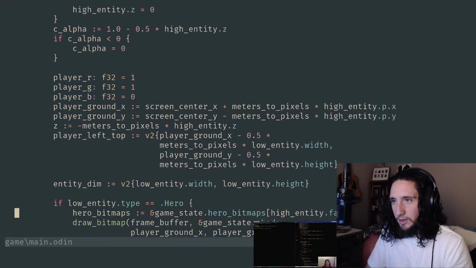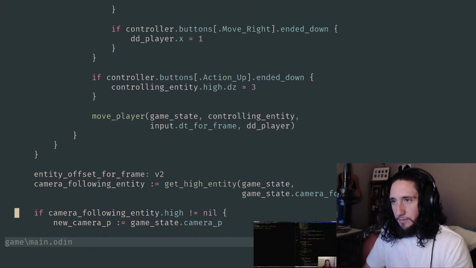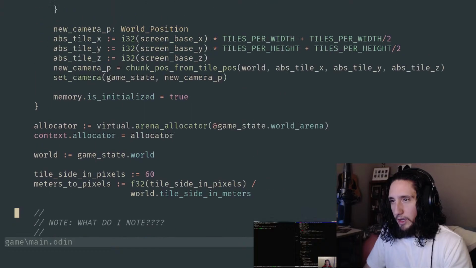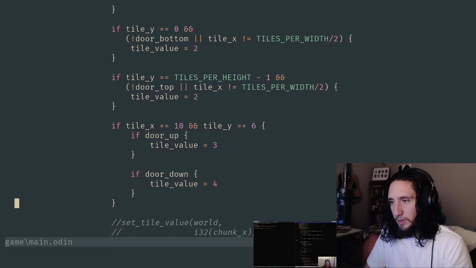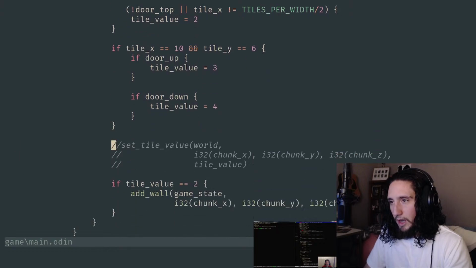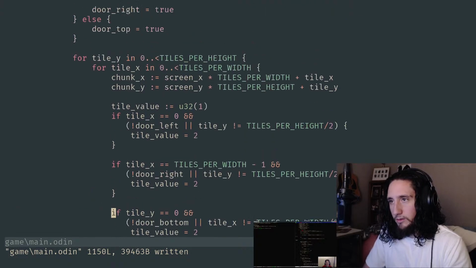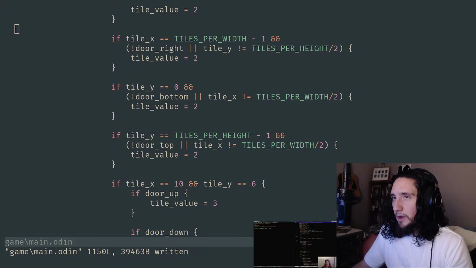So actually not as much code as I would have guessed, but there's enough going on that it's hard to keep it all together in your head, and that's why you even see Casey sometimes stepping over himself because he's got some old idea. And I think I can just get rid of this because we're not doing that anymore. We're just adding entities.